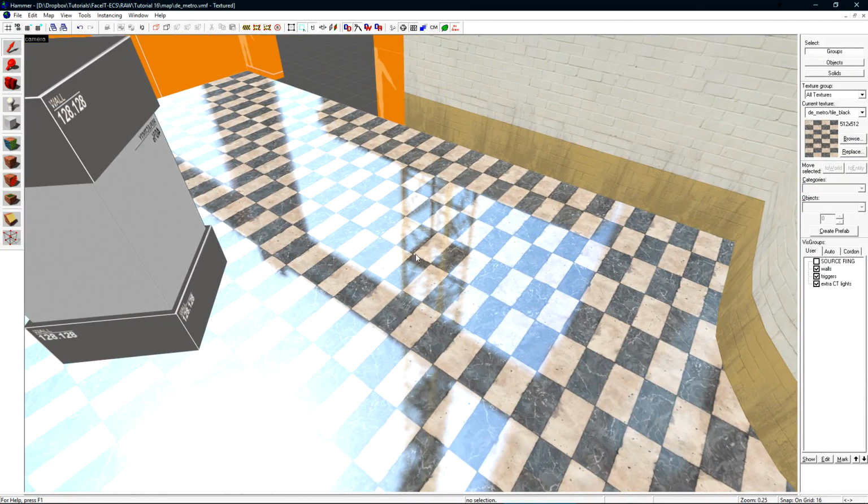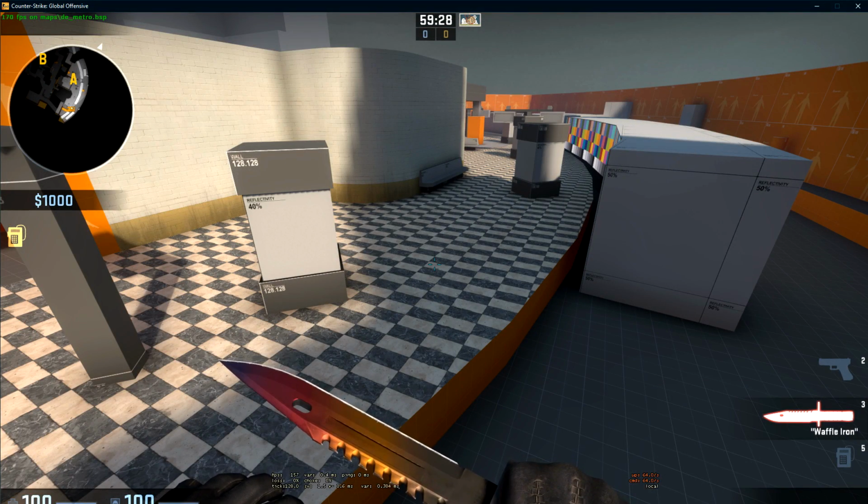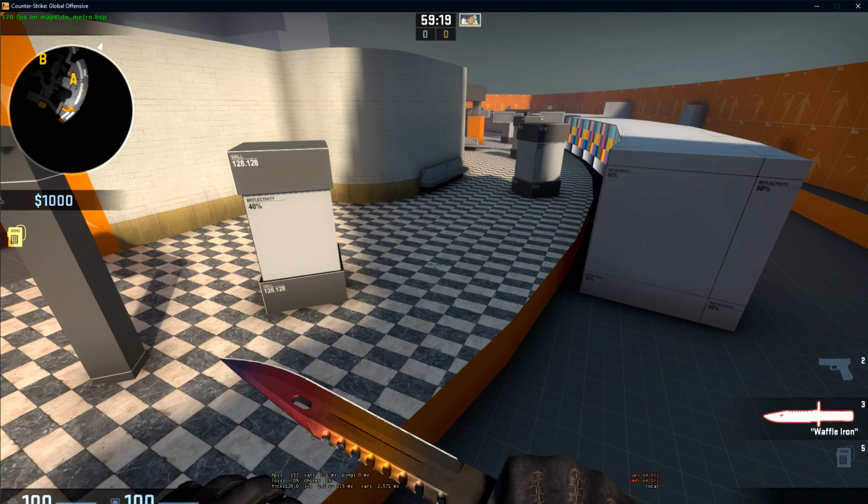This is just how Hammer handles reflective materials. Let's compile that and see what it looks like in game. When we come down to our Metro, there are no reflections on this material. This is because we have no NV cube maps like I previously mentioned. We have to have an NV cube map present in our level for there to even be reflections in the